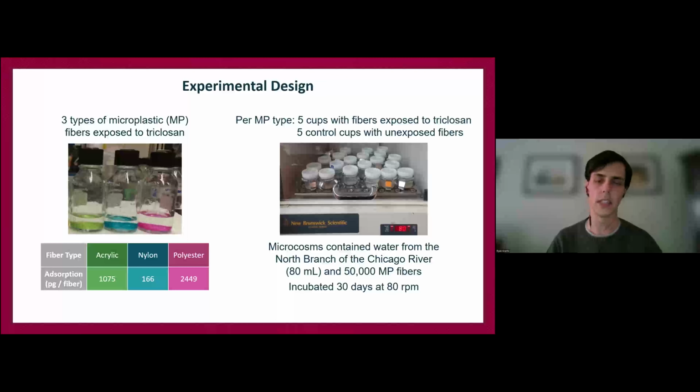use in things like textiles and other consumer goods like kitchenware and things like that, as well as personal care products. So it is a common contaminant in wastewater especially, and can mix with microplastic in that context. We are interested in when triclosan adsorbs to the microplastic surface, whether it has any effect on microbial assemblages and